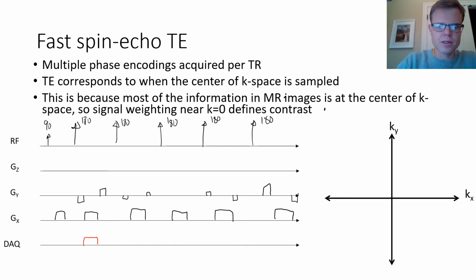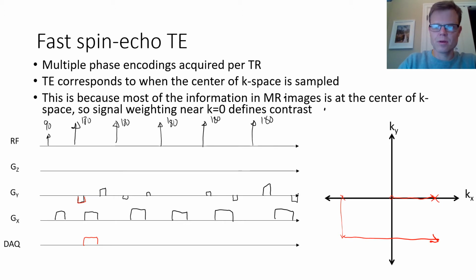So in the first interval here, we're going to start at the center of K-space. We're going to go out to some positive Kx. A 180-degree pulse is going to flip this around. Then this little gradient here is going to bring us down to our phase encoding line. We're going to acquire that line,